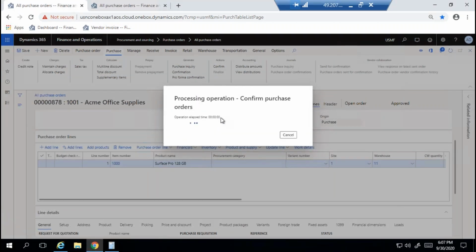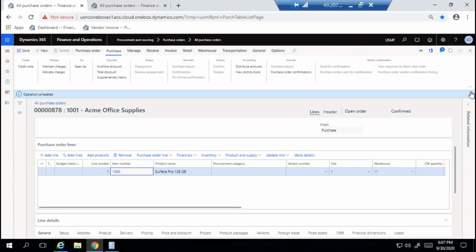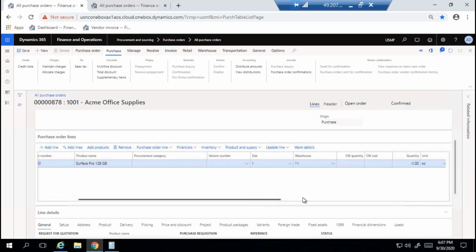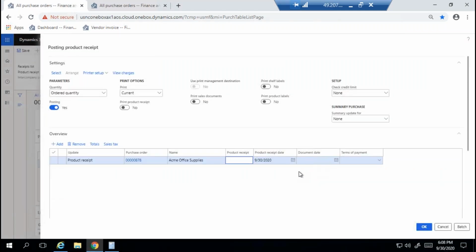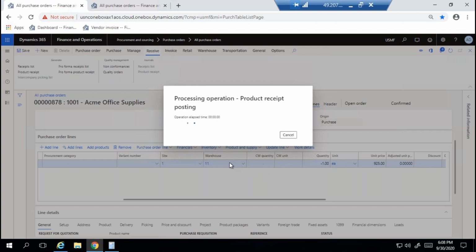What is the dollar and penny difference? Why did it come? Could you tell me again? One second, let me finish the product receipt and invoice, and I will show you. I'm doing the product receipt. This is without any reference. You are doing a product receipt. That means you are dispatching material. Whenever you are dispatching,